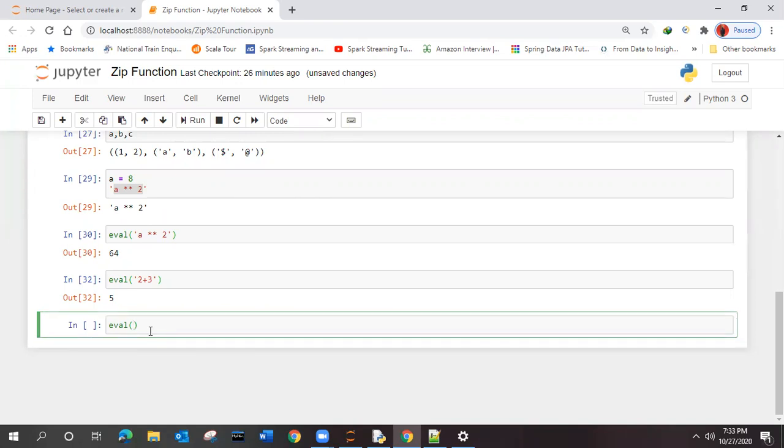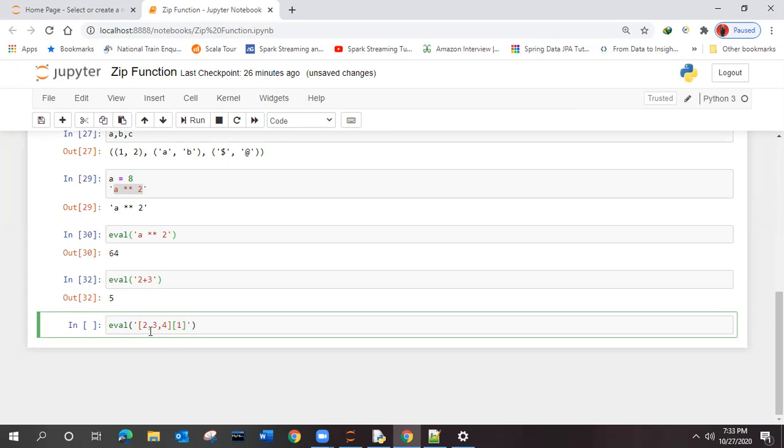So inside this eval function, because we have to take inside the string, this is a string, and inside that I'll take this one. Two lists are there, right?